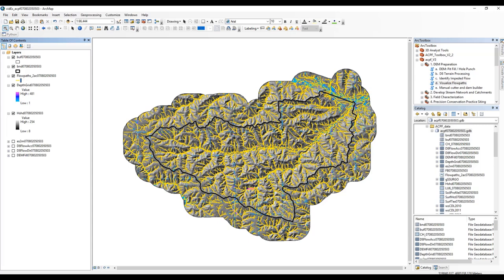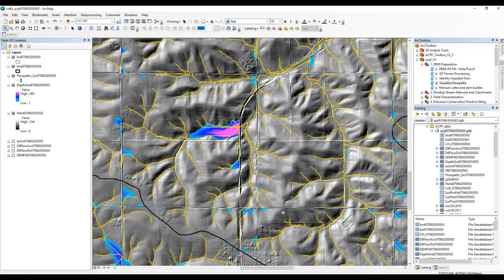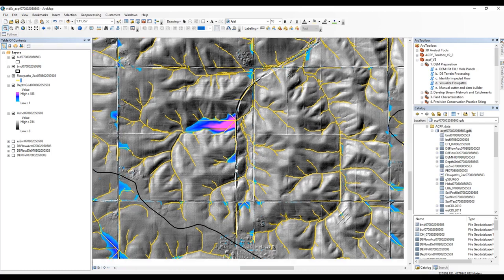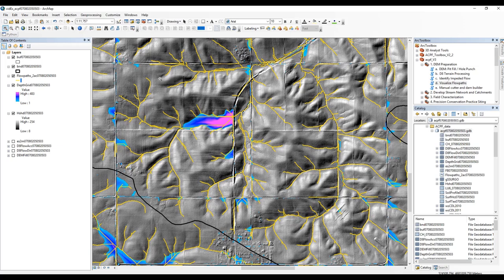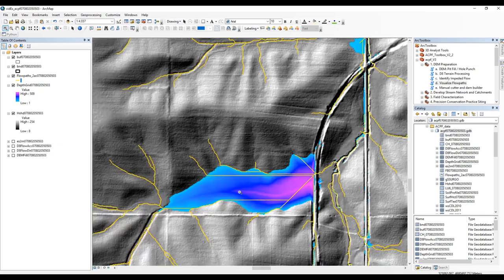And using this output in conjunction with the impeded flow output, again our hillshade, aerial imagery, we can start to see where cut and dam lines will be needed. For example, here behind this impeded flow, we have that skating rink effect because there is no cut line across